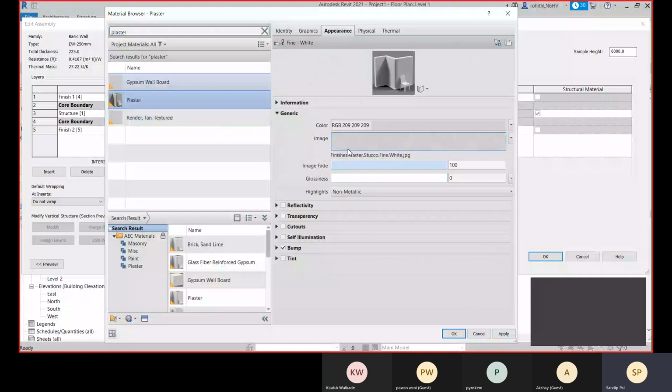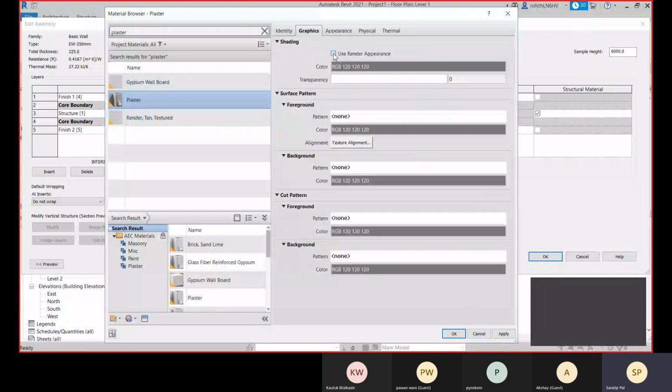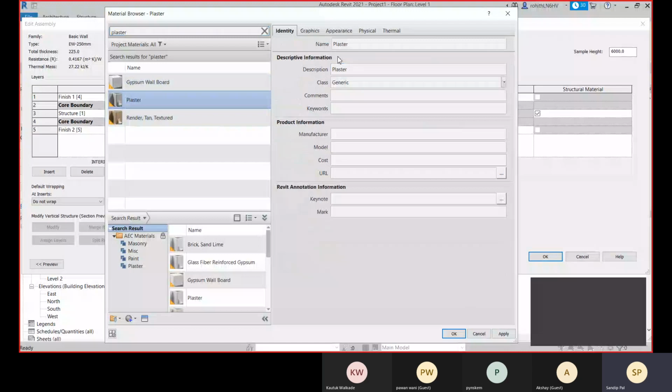This is the appearance option, and this color I need in the shaded visual style also. So that's why I'll check this option, use render appearance. And in the identity you can give it a name, and all the information you can provide. Okay, like any manufacturer, all the product information.